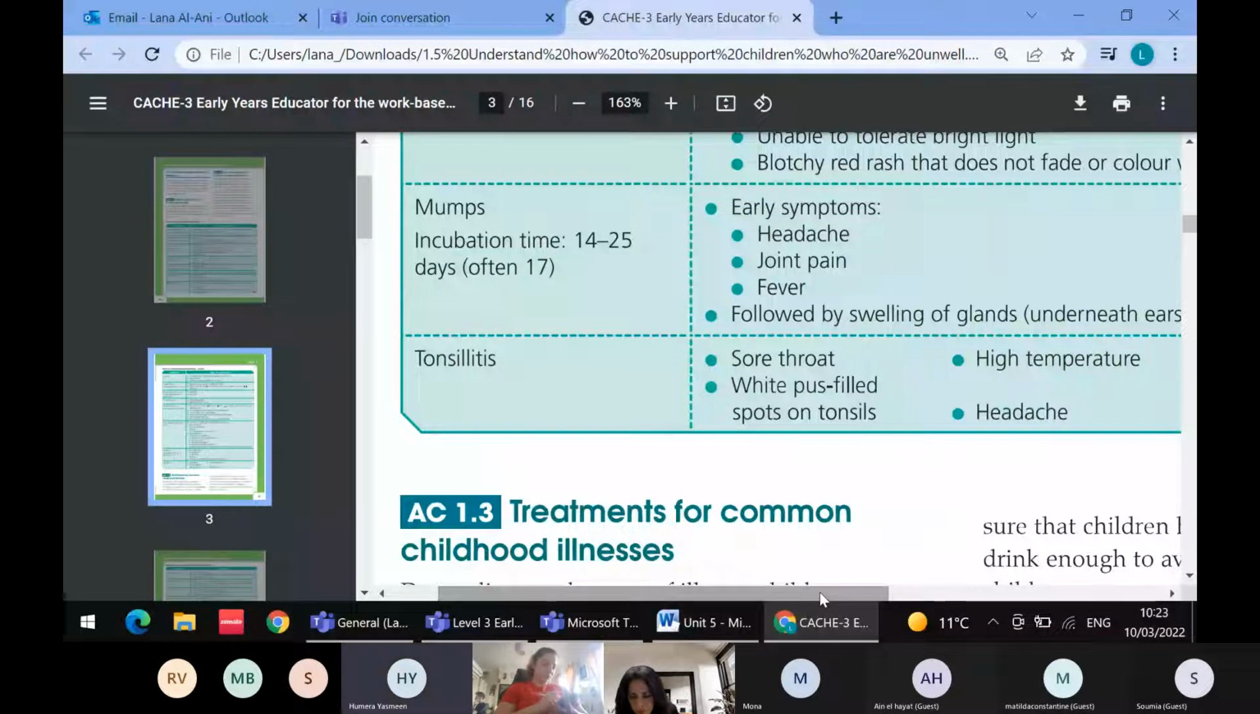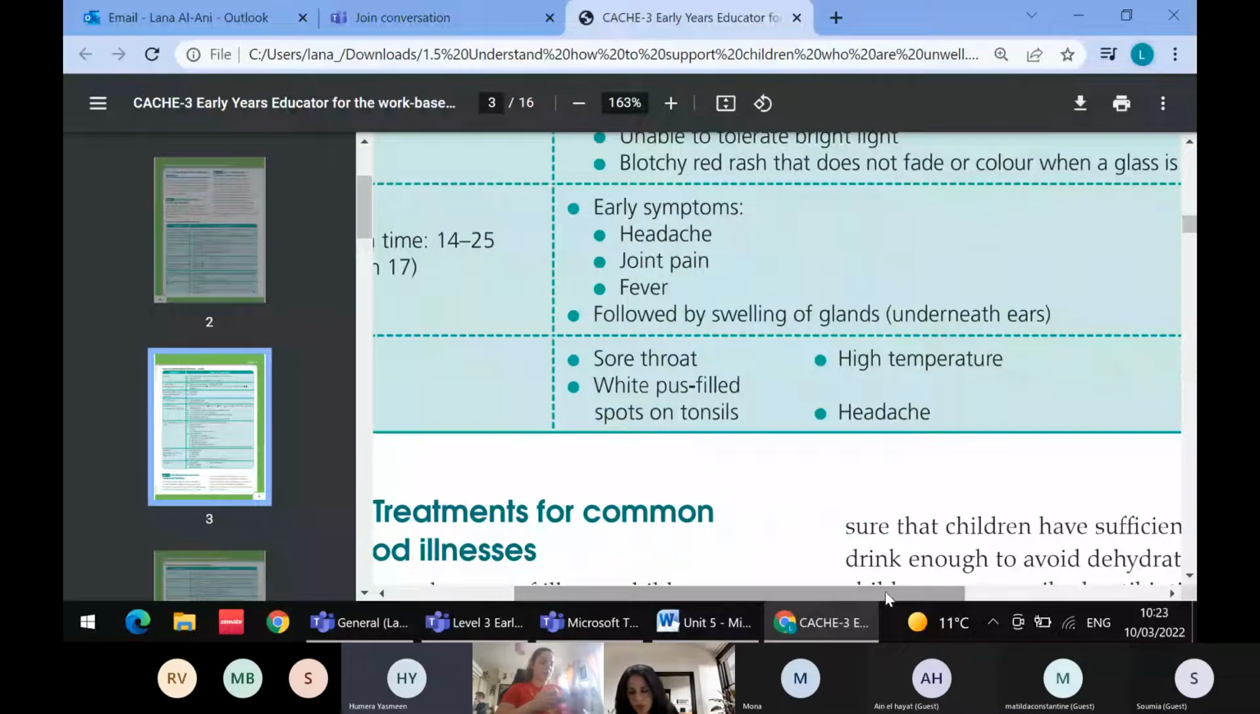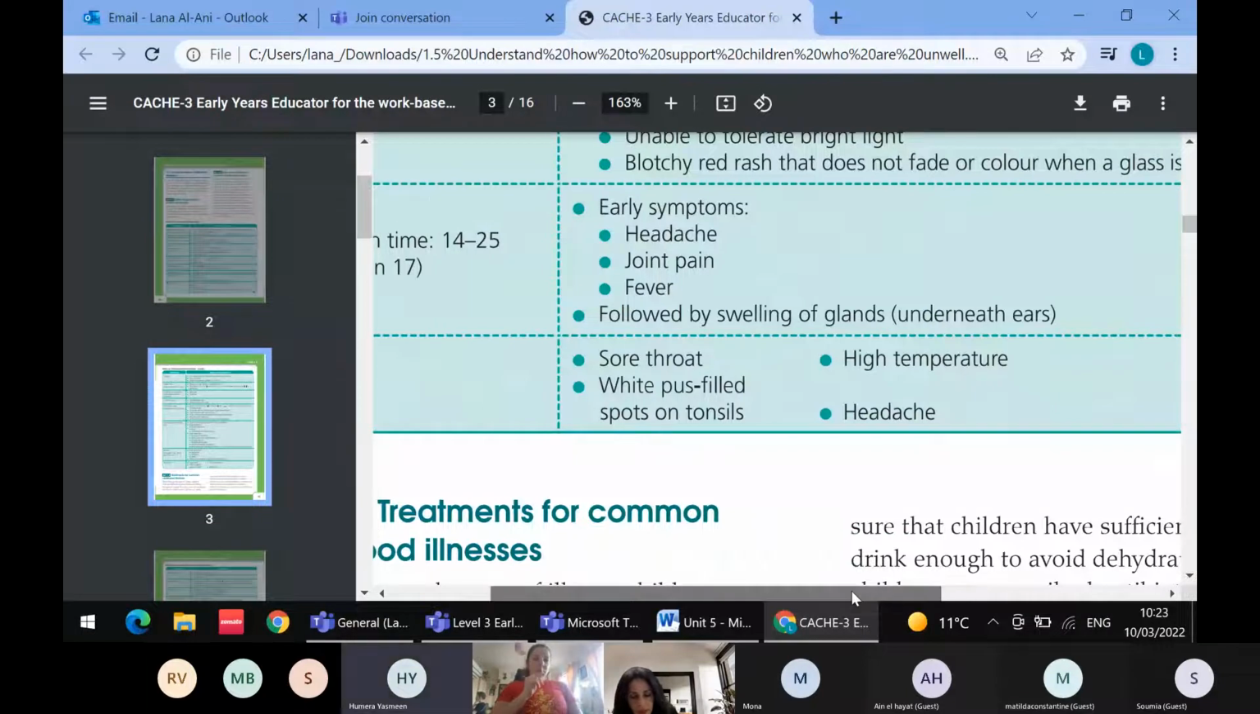And also it will be followed by more complications. The swallowing will suffer for the child, and then swelling from under the ears. And how about